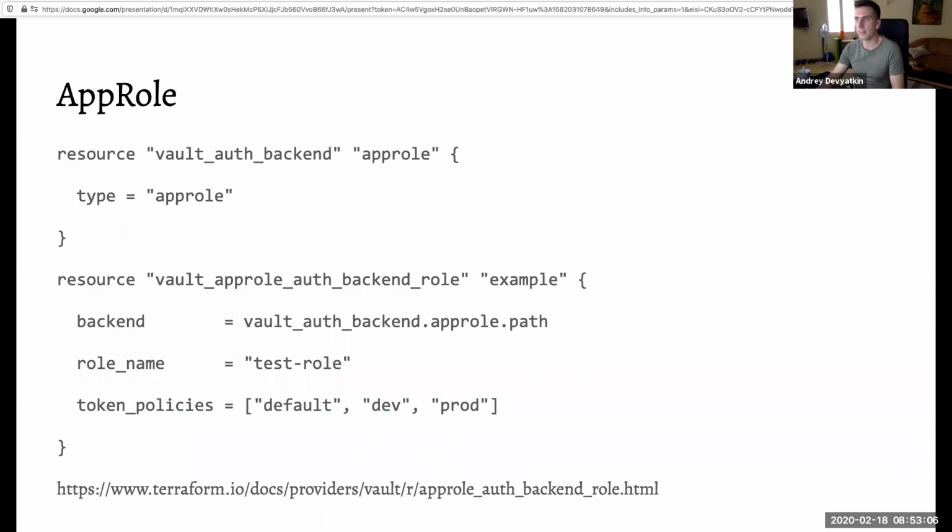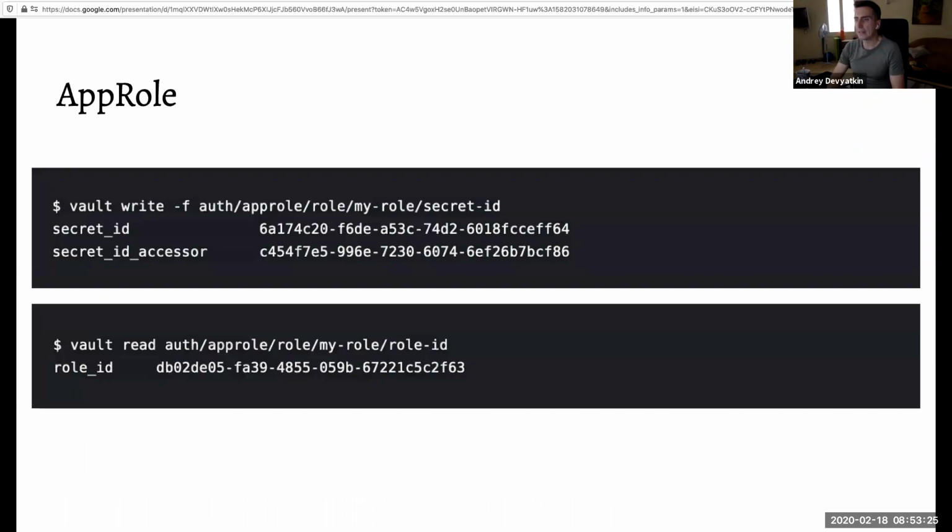This is how you do that via Terraform. You define the authorization backend, then you define the role, saying that's a test role, and it will get those policies. Everyone who authorizes with this role will get those policies. And then you could run this command to get a secret ID, and that will give you a secret ID, which is a password. And then you get the role ID. Oh, sorry, so secret ID is a password, and role ID is your login,